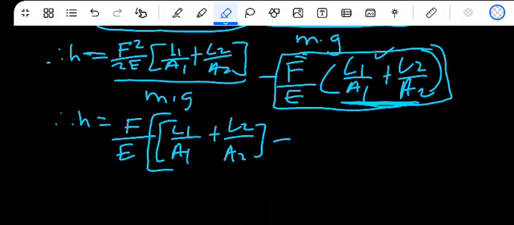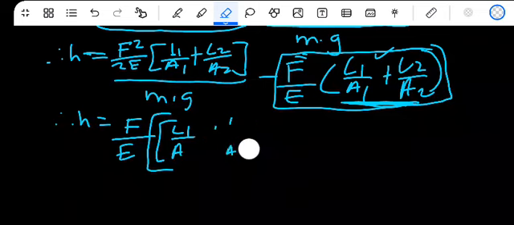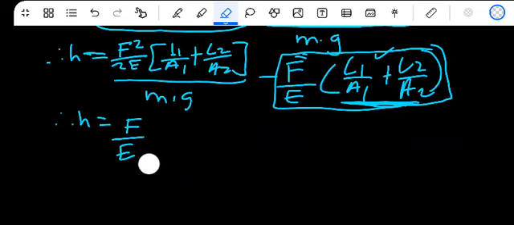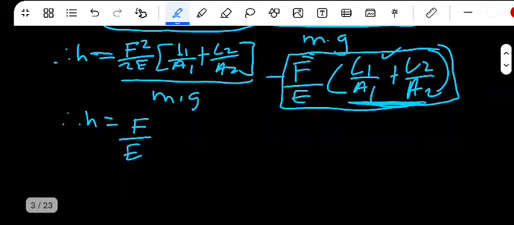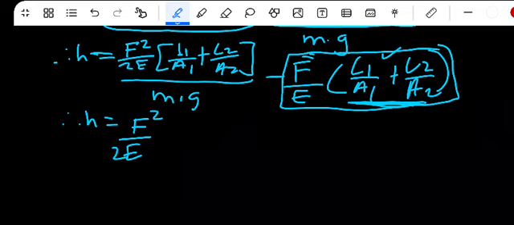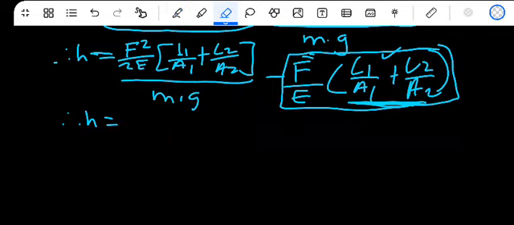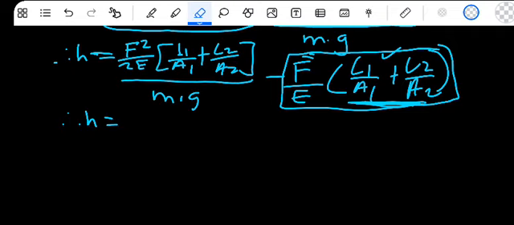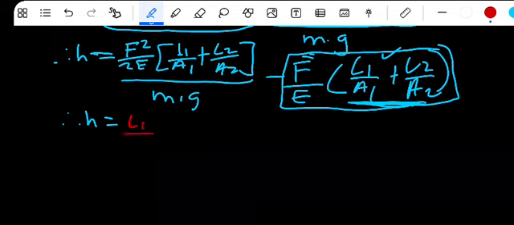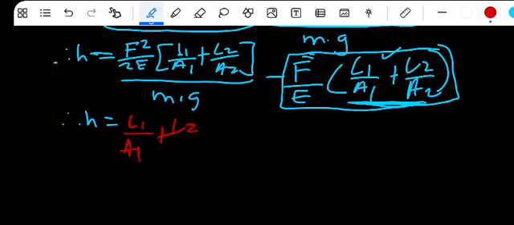You can simply take only this. You can still have 2 and squared. You can take out only this as a common factor. L1 over area 1 plus L2 over area 2